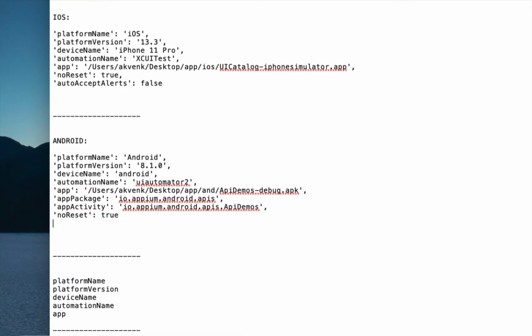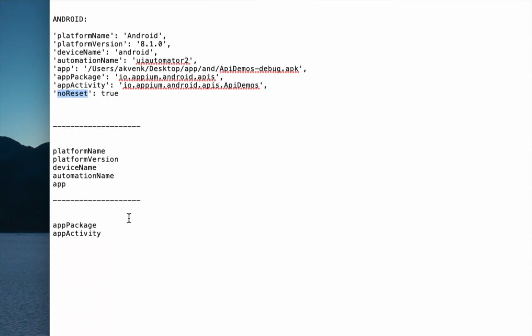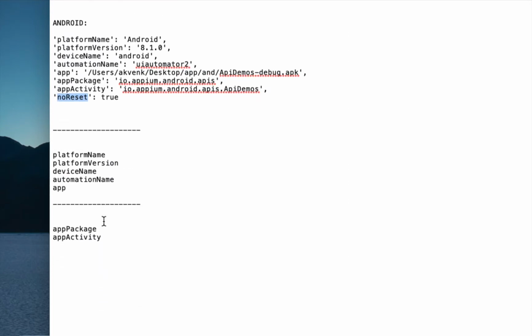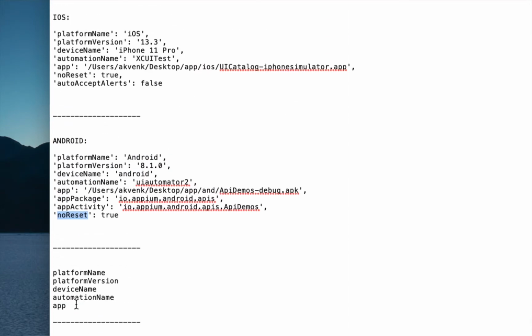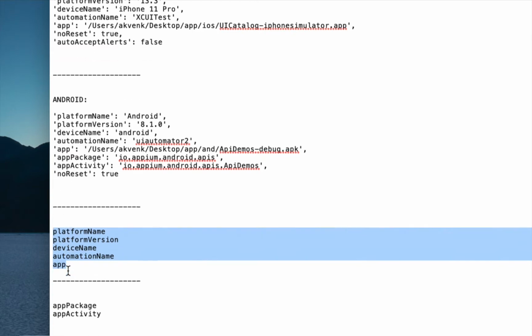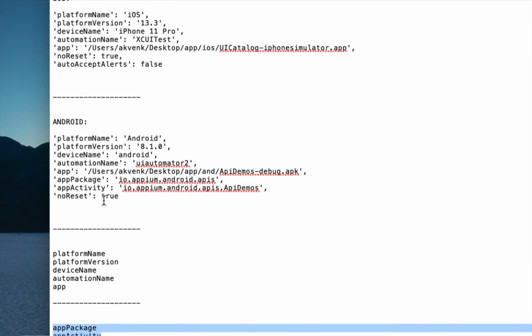This auto accept alerts is not applicable for Android, and similarly I have no reset flag set to true. If you can compare both iOS and Android, you can notice that these 5 desired capabilities are common across both the platforms, and the app package and app activity are specific to Android.